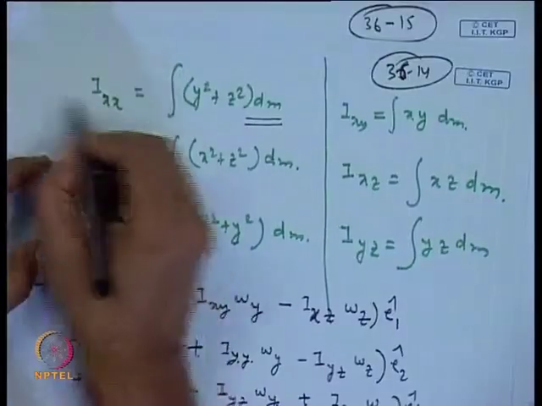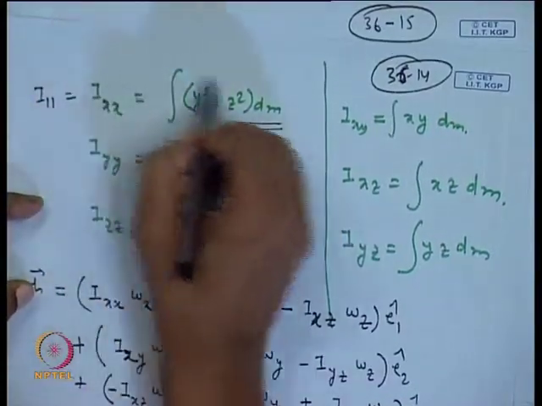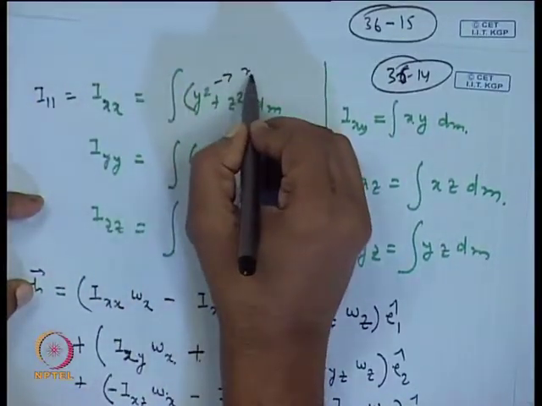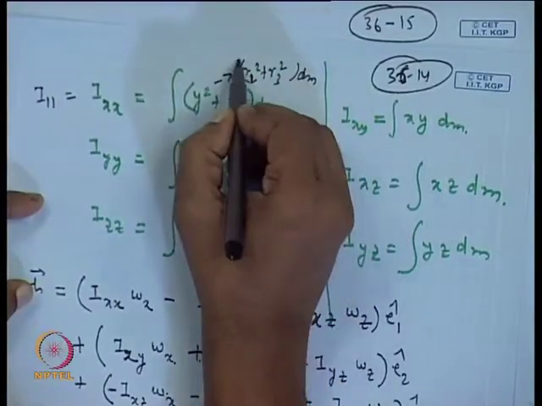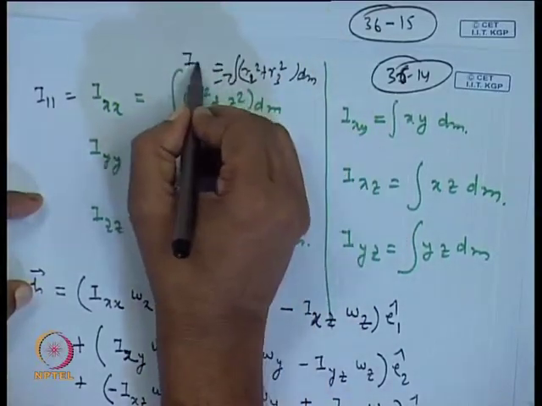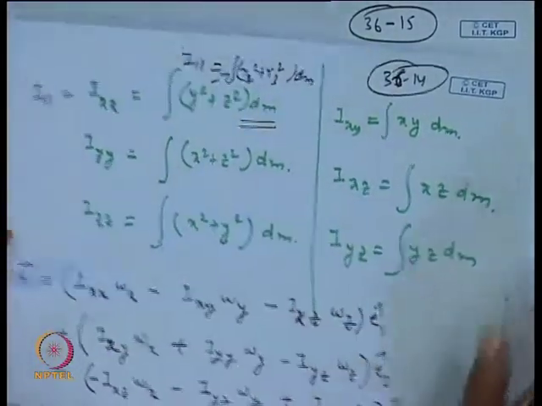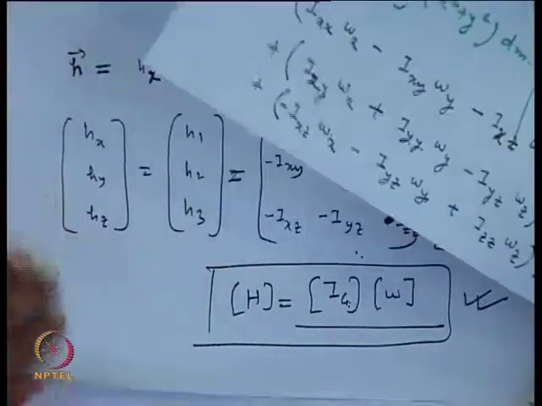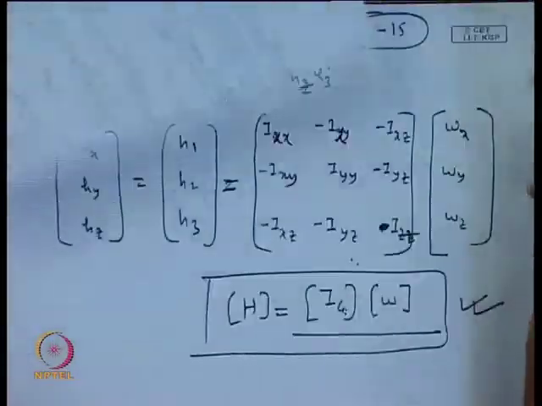This is what we have written earlier. So, earlier, without deriving this equation, we used it to find out; we just wrote I_11, and then we worked out this as R2 square plus R3 square dm, and this we integrated and wrote as I_11. So, the same notation you can do for all other things. So, whatever we used earlier can be derived in this way. Okay.